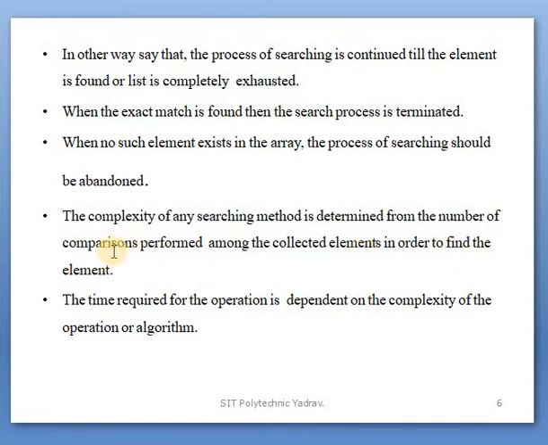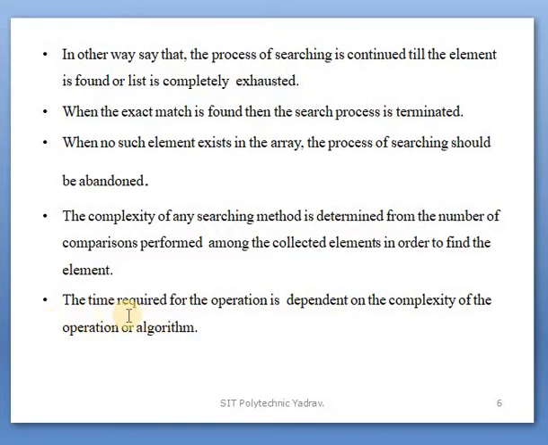The time required for the operation depends on the complexity of the operation or the algorithm, that is, how much time is required to find the element in that array.